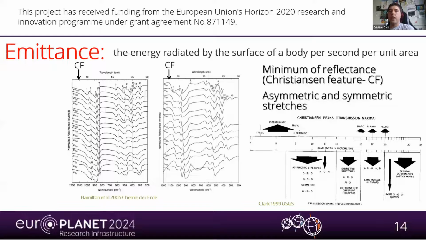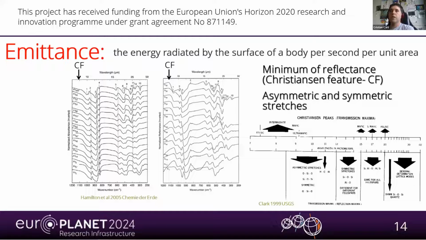On the other side, I was telling you that emittance can also be used, because emittance is the energy radiated by the surface of a body per second per unit area, and in particular the emissivity relates the difference between the radiation emitted from a surface with respect to a black body, so a standard that we know, at the same temperature. It permits us to have information in a different range in general, so at longer wavelength with respect to the reflectance,